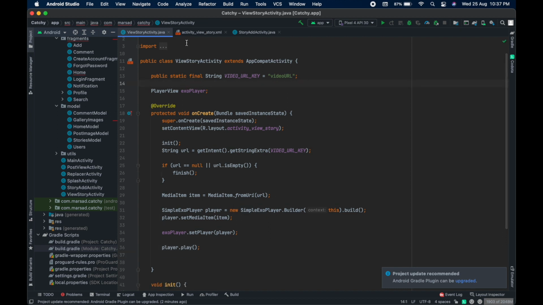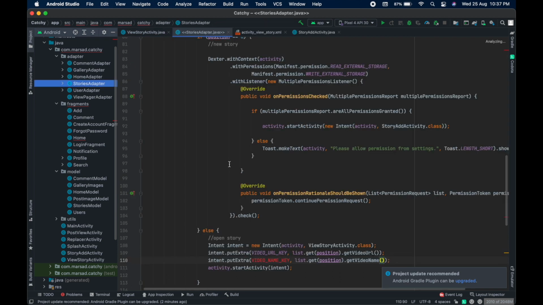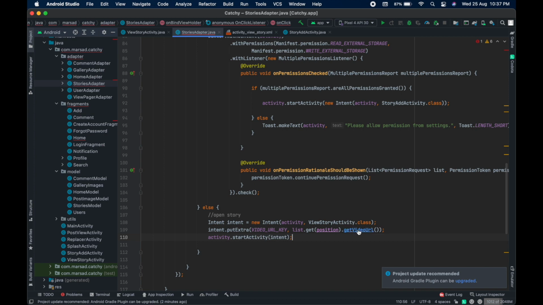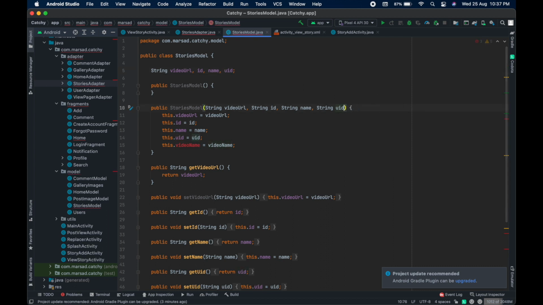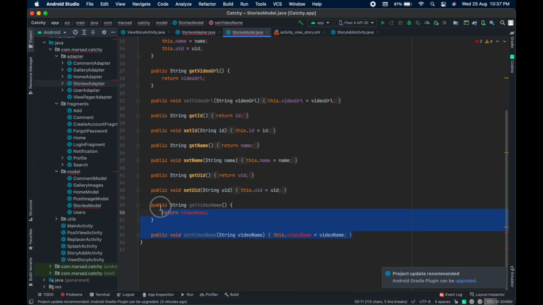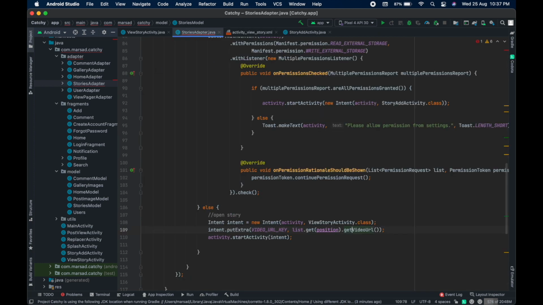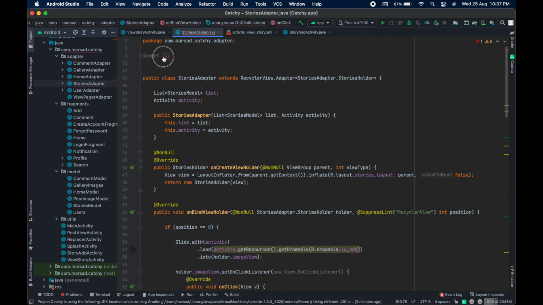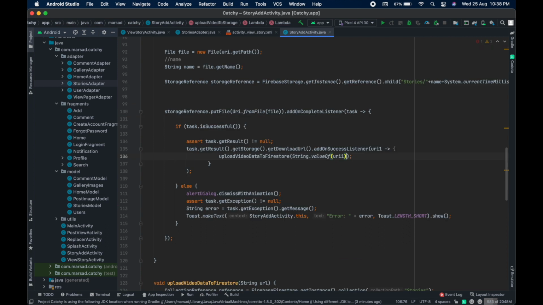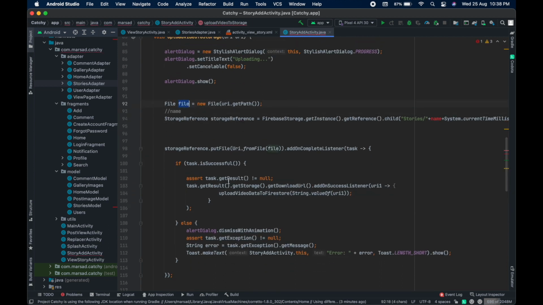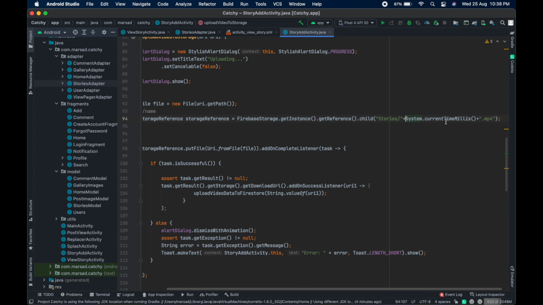And also remove this variable video name key, and inside the stories adapter we don't need this video name, and inside the stories model remove this video name, and also from the constructor and getter and setter remove these three lines, and optimize the imports, and we also don't need video name, and remove this parameter, and also string file equal file.getName, and also from here simply System.currentTimeMillis plus .mp4,